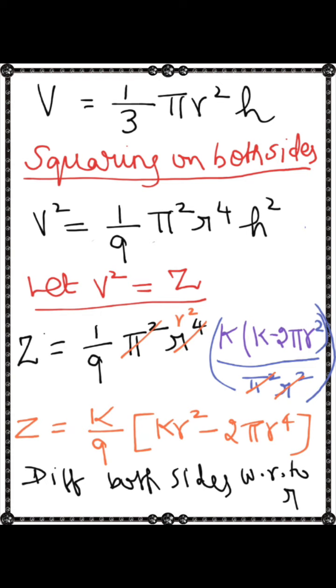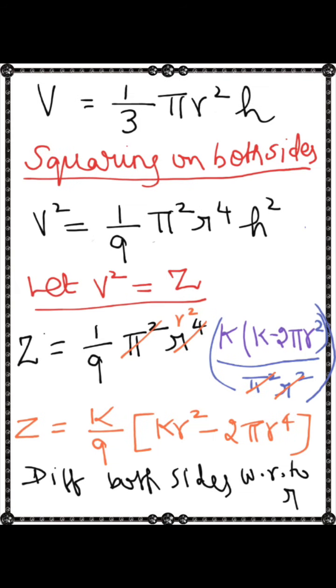As the process goes for finding the maxima or minima, we'll be finding the first derivative, we will be finding the second derivative, we will be equating the first derivative to 0 to find the respective variables, and we'll be substituting in the second derivative to check whether we are getting positive or negative. That's what we are going to do here also. Till this point we have to work carefully, that is, formulating the question, analyzing what is given, what we have to find, and what formula we have to use. That is important. After we have formulated the equation, it is easy for us to differentiate.